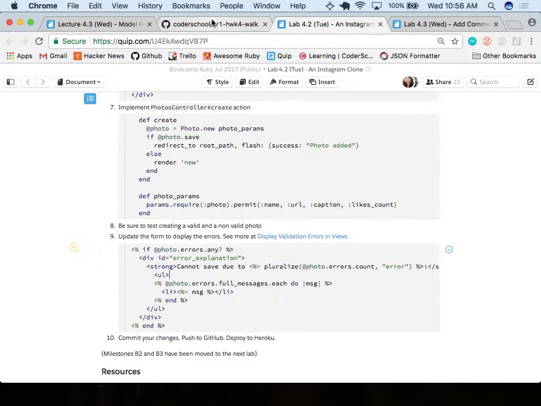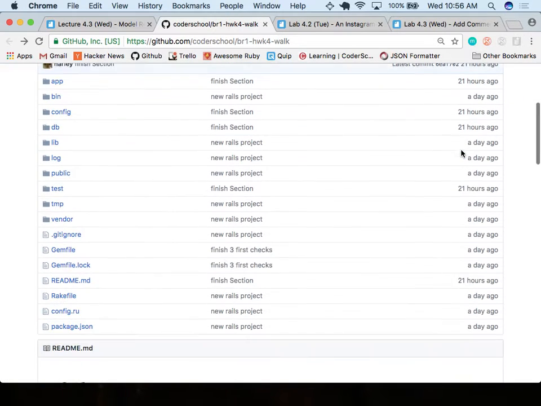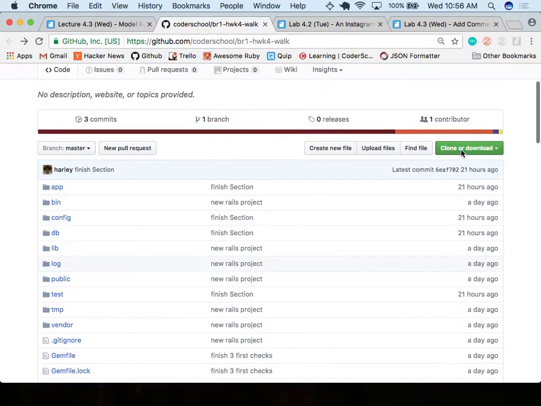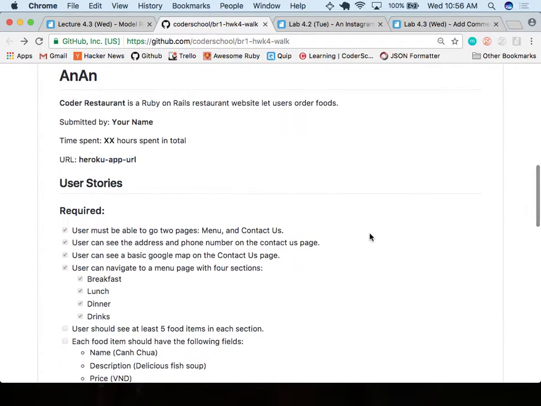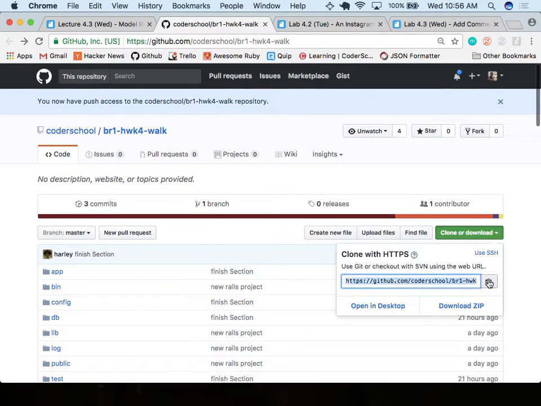All right, so today we're going to continue on taking this further. This was, I believe, what Harley had worked on yesterday, the coder restaurants. And he'd done some things with creating sections. Does this seem familiar to everyone? Yeah. The homework walkthrough? So let's go ahead and